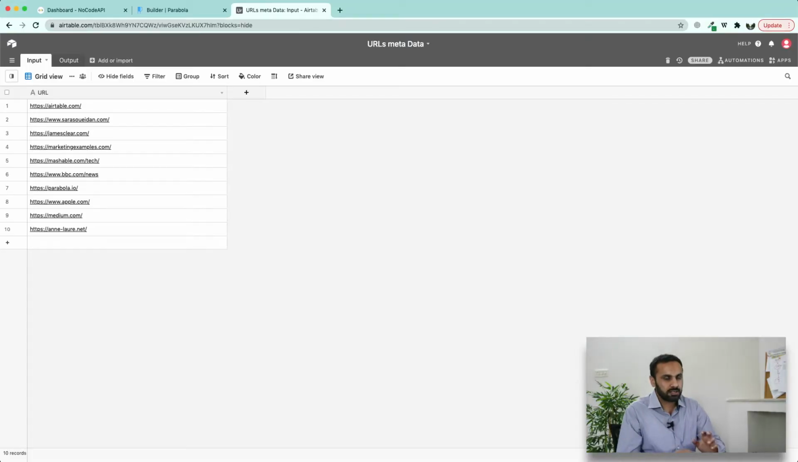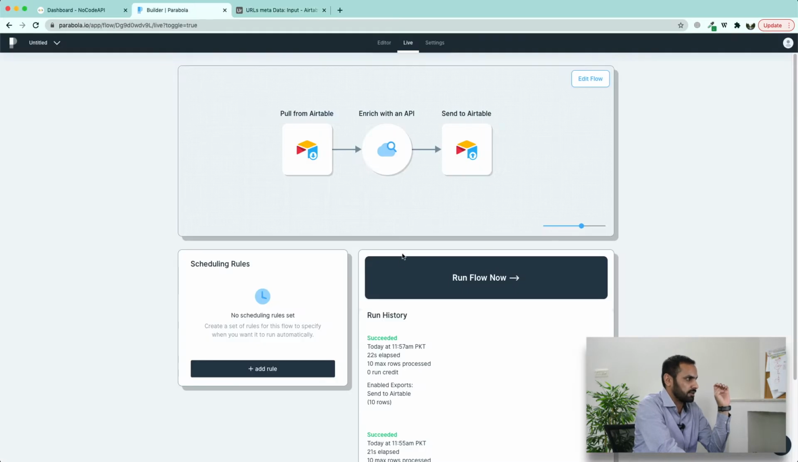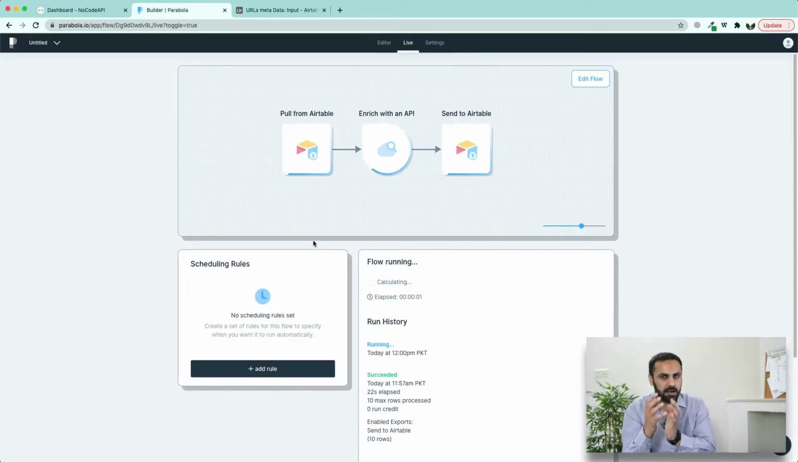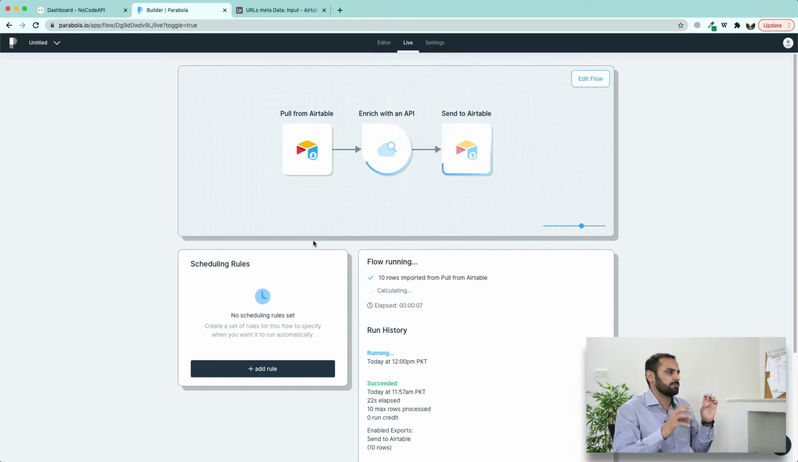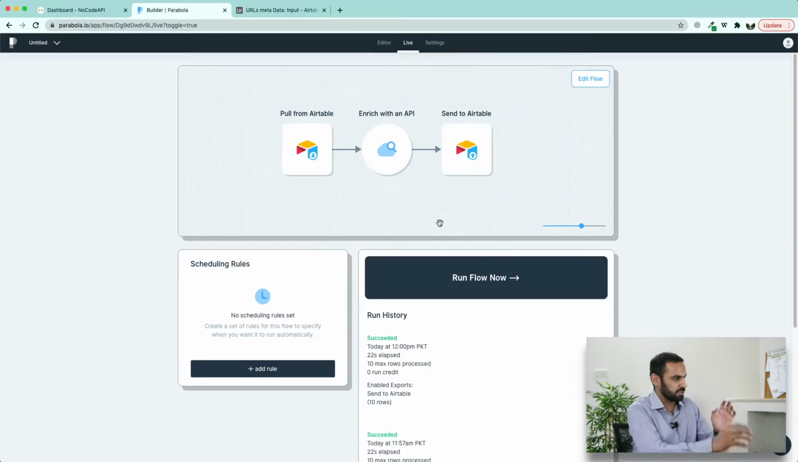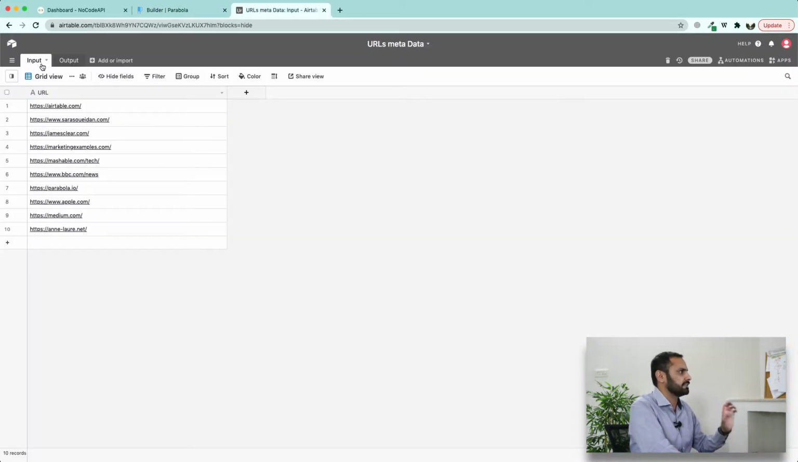So how does it work? Currently you can see that I have like 10 URLs on the left side, and I'm going to put all these URLs into Parabola. When I run this flow, it is going to fetch these websites' meta tags and put them back into Airtable. It took nearly 22 seconds to finish, and it has uploaded all this data from this input table into